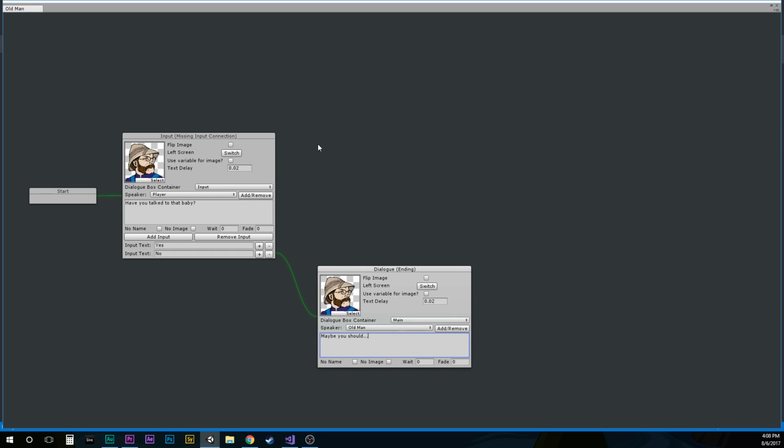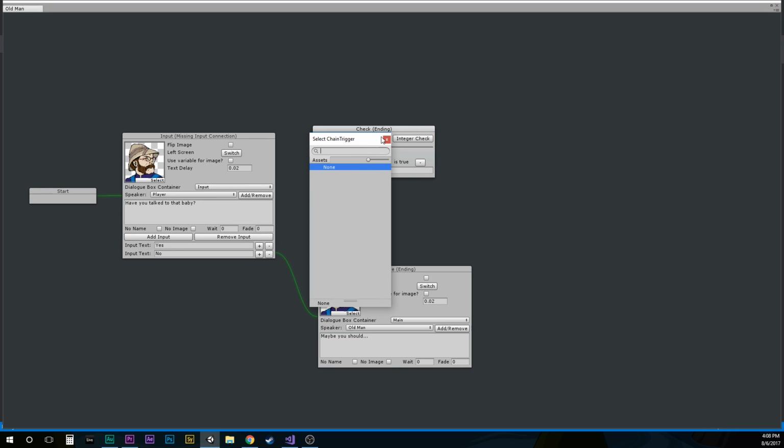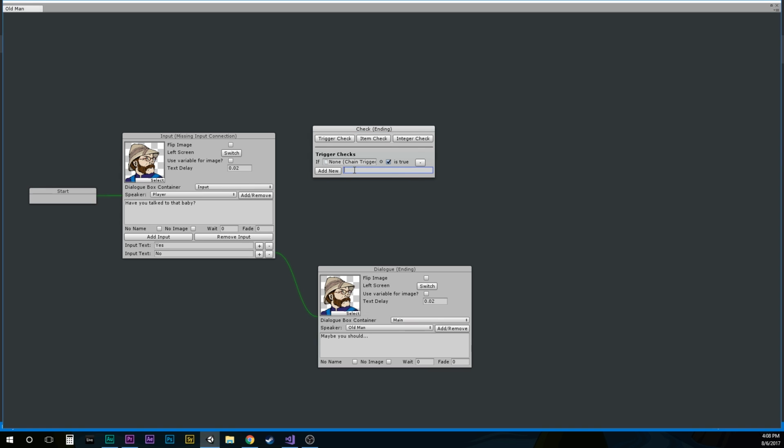And now you can say yes. But the game needs to know if you've actually talked to the baby or not. So what we'll do is we'll add a check node. And the check will check to see if you've actually triggered talking to that baby. Since you don't have any triggers yet, you'll have to make one. So we're going to add a trigger, baby